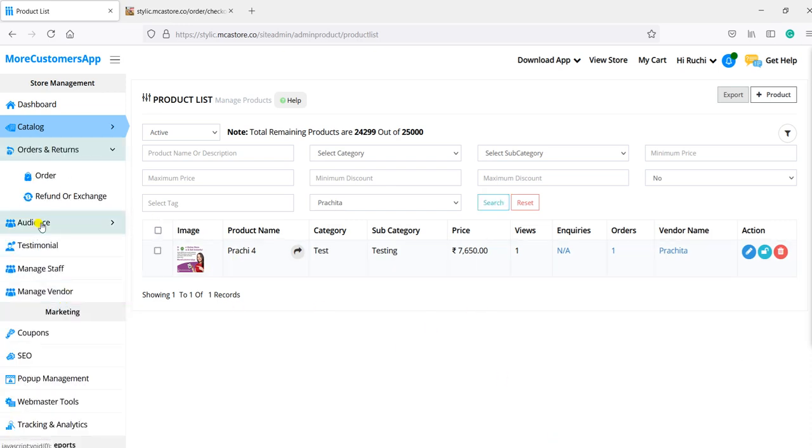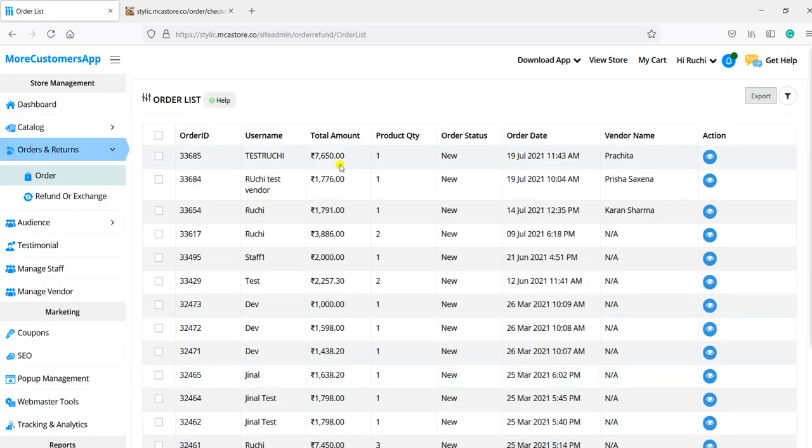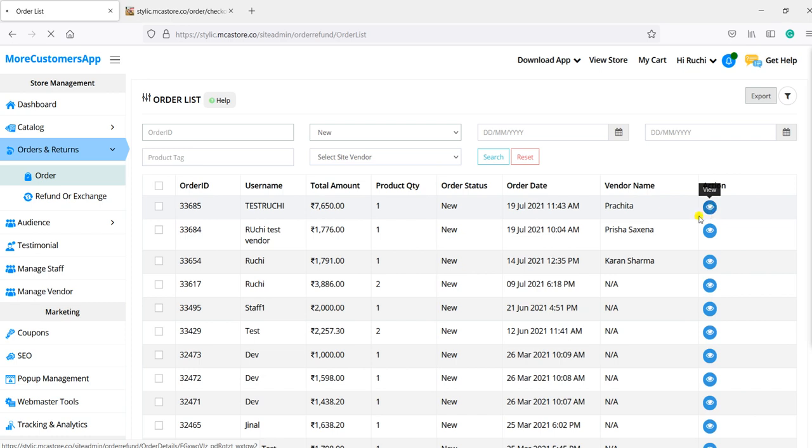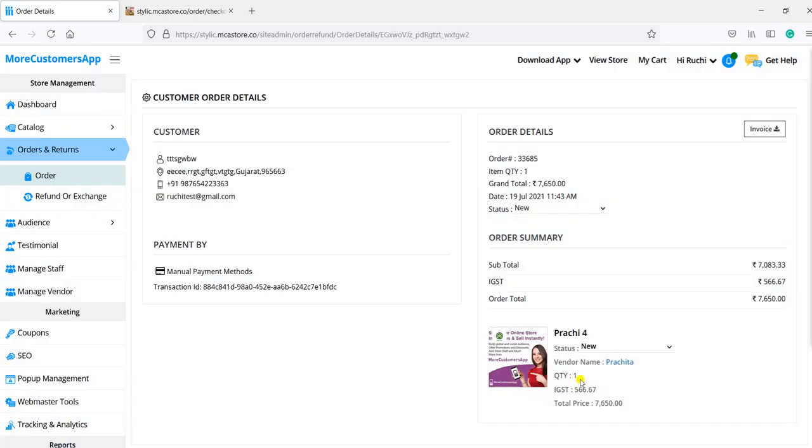And for checking the orders also, you can click on order, as you will also get a notification on the store. Here you can see there is an order, and the vendor name can be seen. The same filter is there to see all the orders the vendor is getting from the store. When we click on the view button, we can see the vendor name and the order details as the vendor is also able to see. We can also change the status from here after coordinating with the vendor. So this is how we can create a multi-vendor website. We can gather many vendors on our store and start selling.